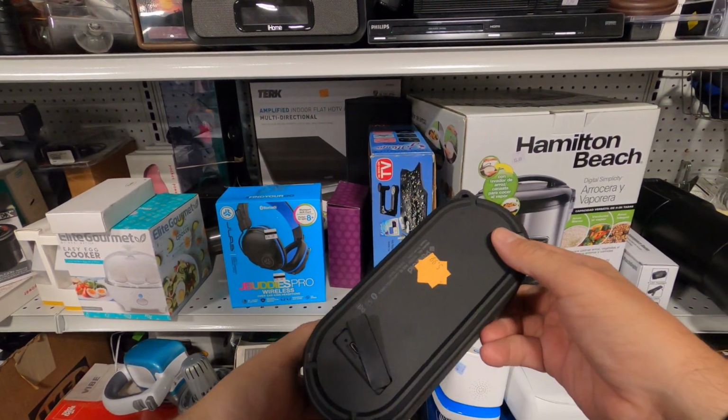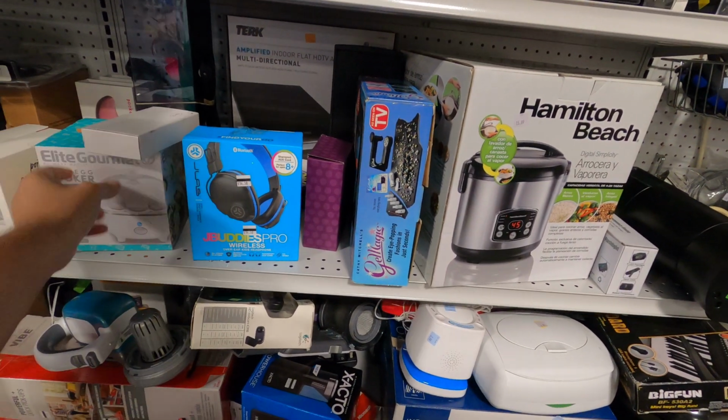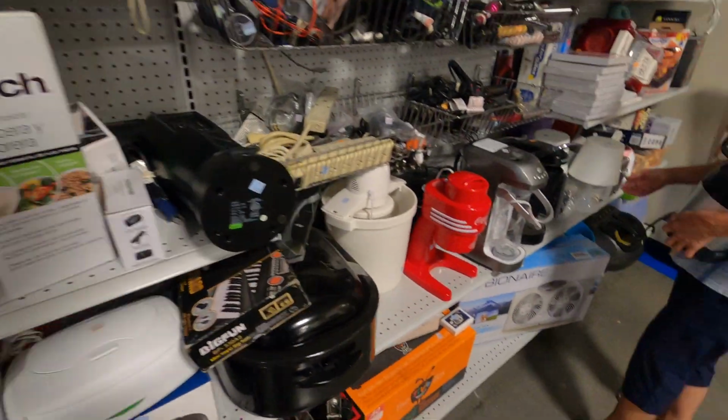If any customer has a ticket for a lamp that was beside the couches in the first row, please come out to the register. If anyone...